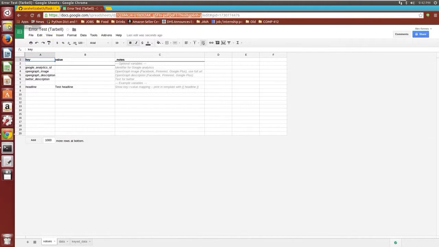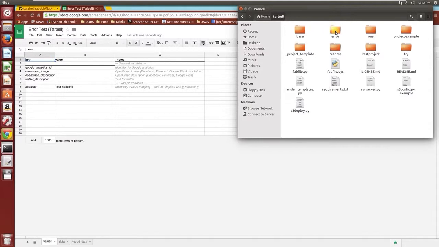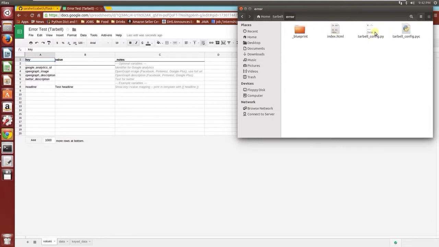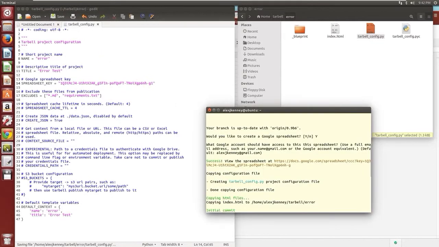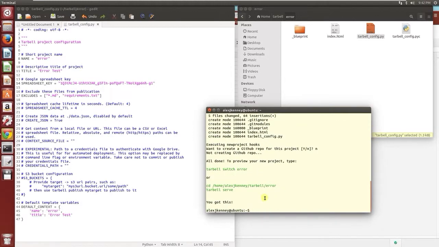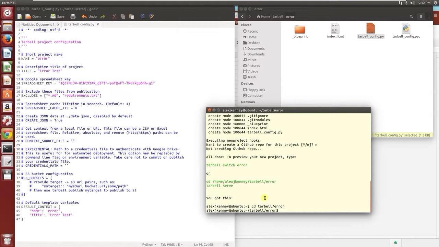So I'm going to force us to get an error by going into the error folder I just made in this Tarbell config file. Within this, you'll see it says the spreadsheet key right here. So I'm going to add in my own error by just adding a 1. I'll save it. And now, when I go to host this project locally on my own machine by first going into the directory and then serving it,